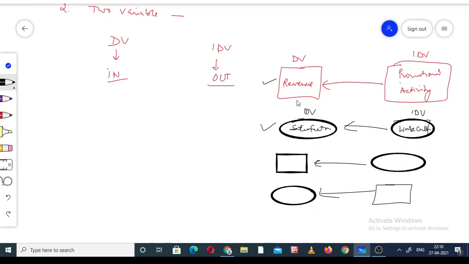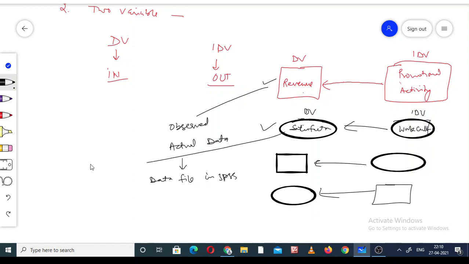So what is the difference between this box and the circle? We already discussed that. Box means the observed variable, the actual data. Actual data means we have a data file in SPSS.